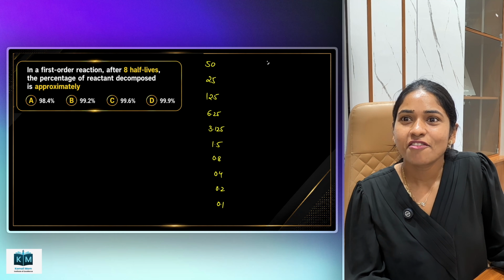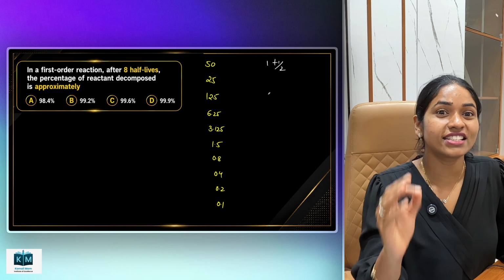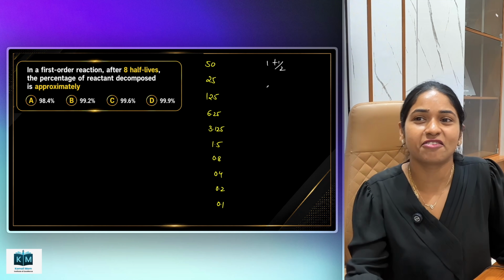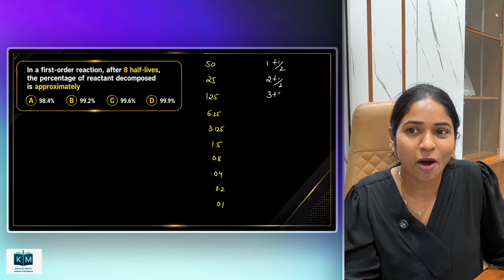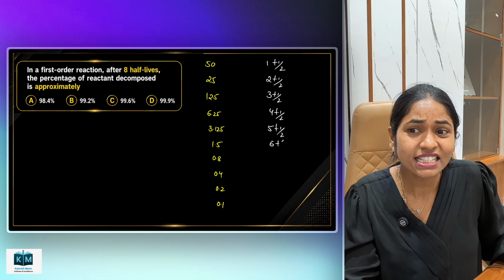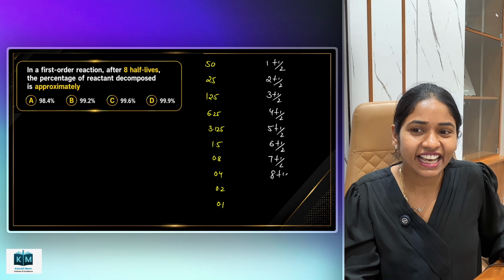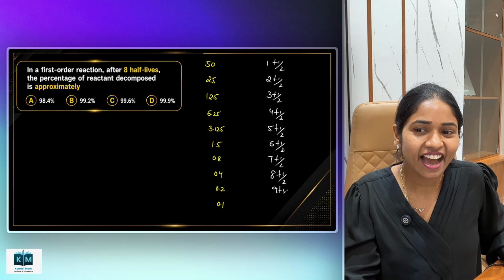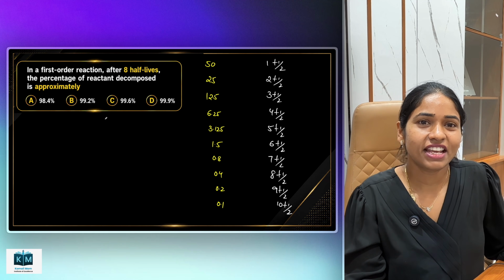This is the first half life, the time required to make the initial concentration exactly half. Now this is 2 T half. I will tell you how to relate these and you can solve the numericals. 4 T half, 5 T half, 6 T half, 7 T half, 8 T half, 9 T half, 10 T half. Suppose they give you a question like this, for example,